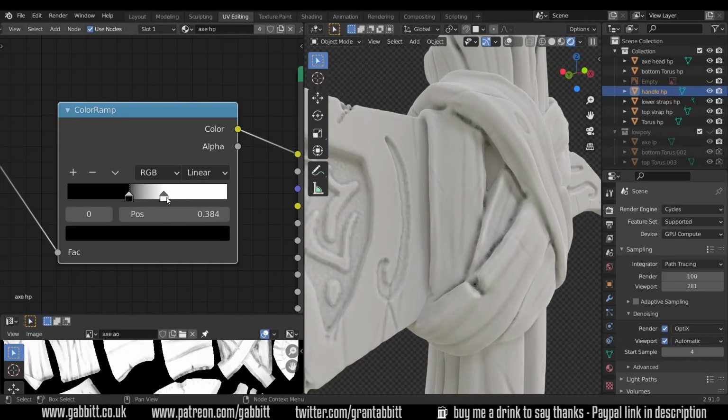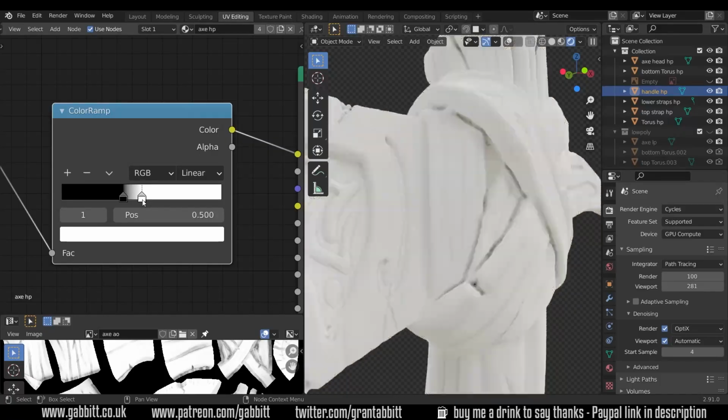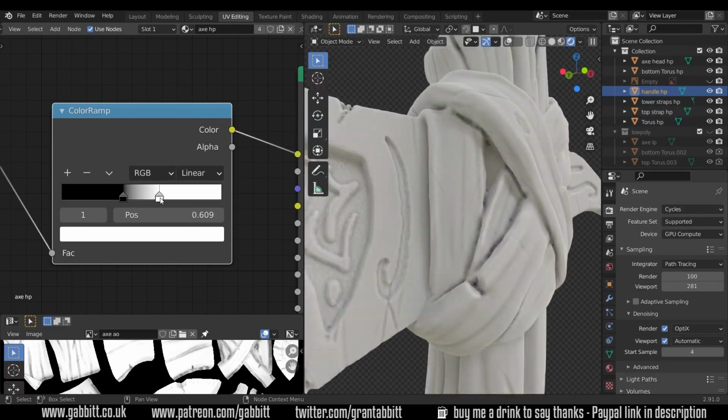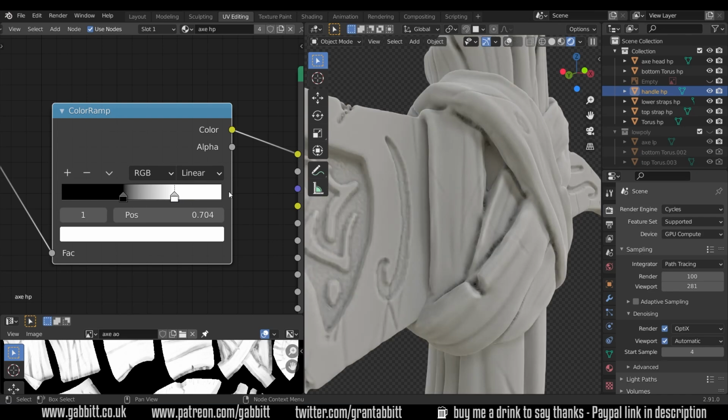So the white doesn't seem to be pushing as far, so let's bring the white further up, and we can go all the way to 0.5 before it starts looking a little bit odd. So we need to preserve that contrast in there. I'll bring it down and see how it's looking at 0.7, and that's possibly a bit nicer. I might go up just a little bit to try and make some of these edges pop a bit more,